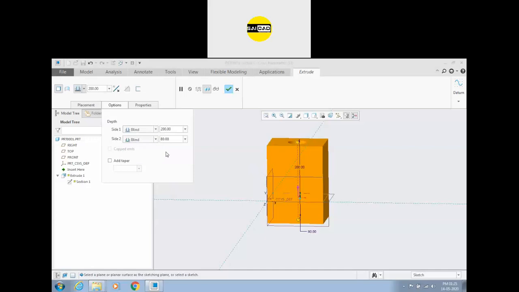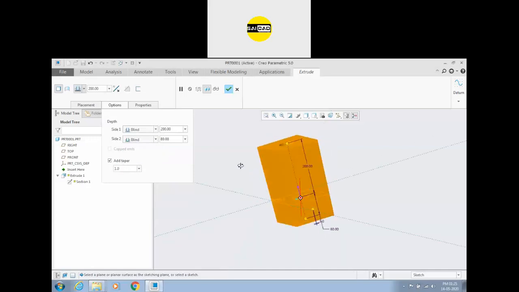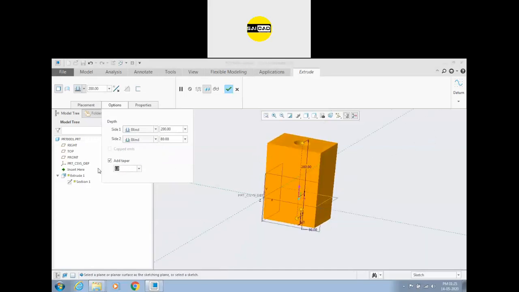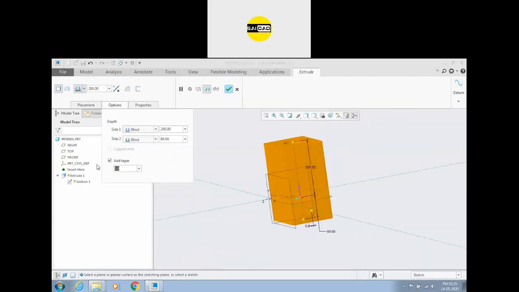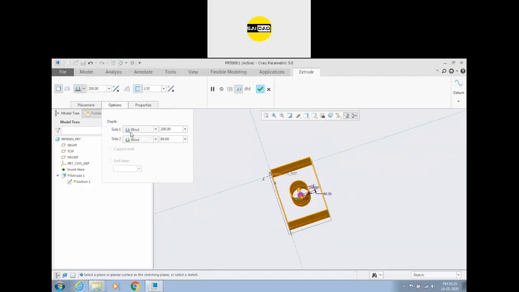If you want, then you have to go to the option, select the side 2 and you can choose the depth option. Okay, you can add the taper from here, whatever angle you need, or you can enter the minus value to change the direction. Okay, 5 or minus 5, both the options. Okay, you can create a thin feature with a wall thickness defined here. Okay, you can change the size. So these are the simple options.